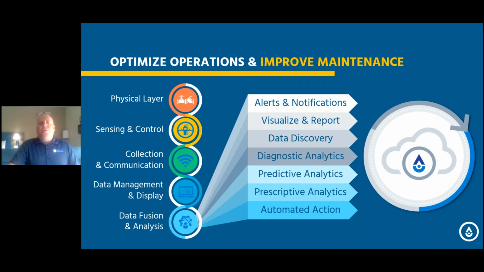So I'm going to walk through optimizing operations and kind of go through that data journey, through each of these layers. So number one, you have your physical layer. This is my plant. This is my infrastructure. We have our processes, we have our equipment, we have all of this in place. So what's that next layer that we want to be able to do to visualize data and have data as part of this journey? The next piece we need to put in is sensing and controls.